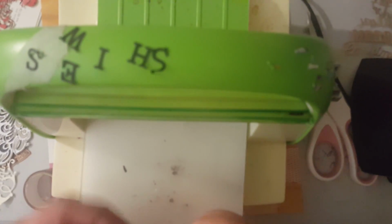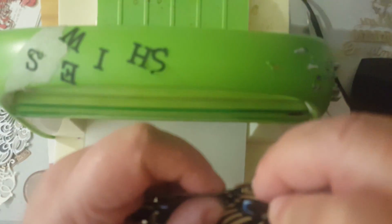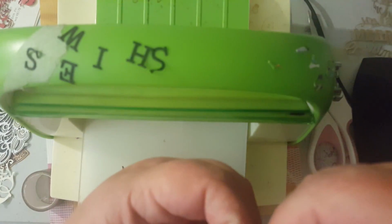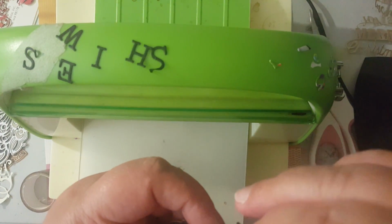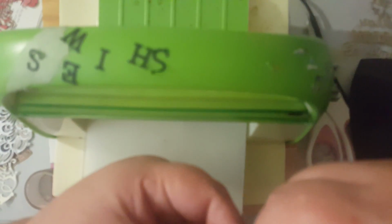Alright, you can see that I've now taken this out of the die, and some of the pieces have stayed within the die. You can see, look, you can tell I cut the can out last with this. Some of the pieces have actually stayed in the die, and you can see the ones that have, because the brown side of the...